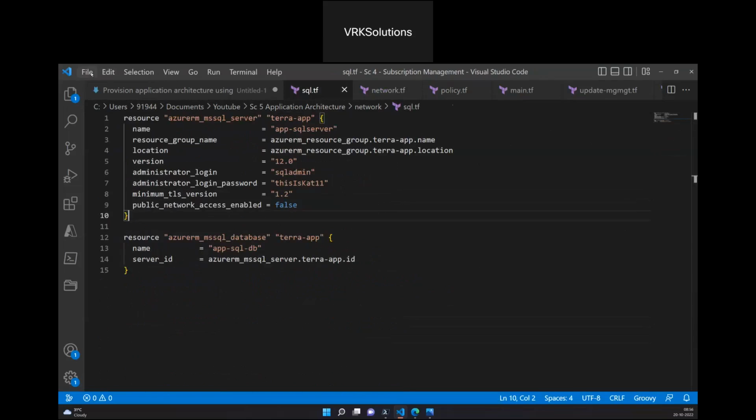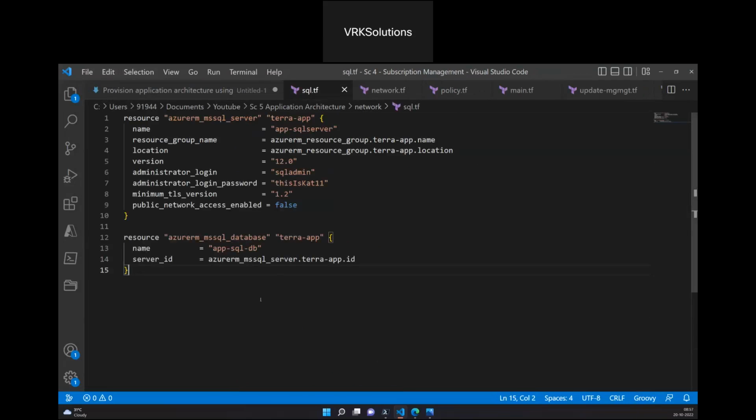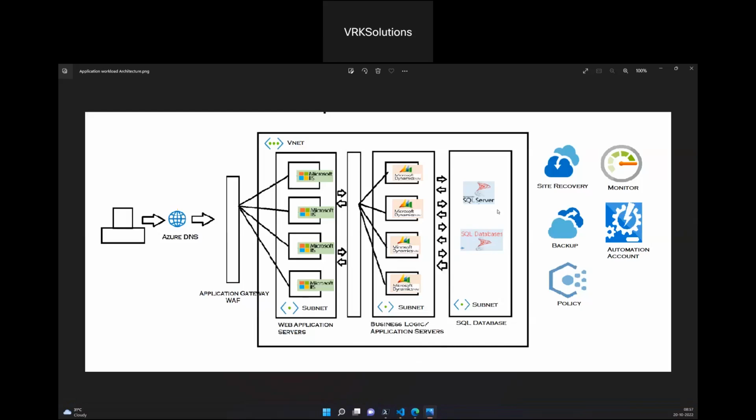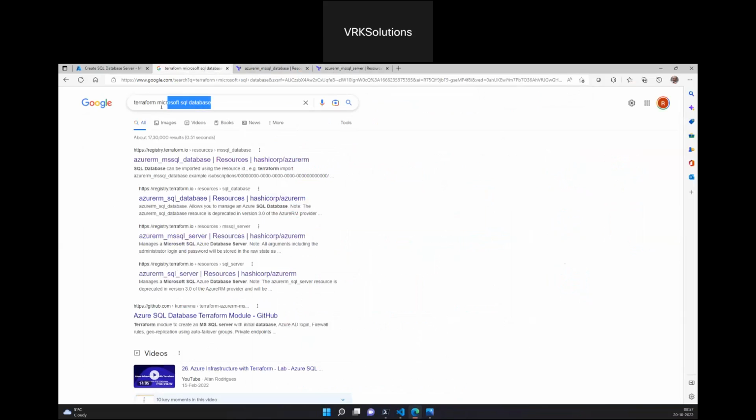I don't want to create more files at this point of time, but yes, we can actually create one file specifically for private endpoints. But at this point, as it's just one service, I'm aware that other than the virtual machines, only one service needs a private endpoint, that is SQL Server. So I'm just going to use Terraform here and mention